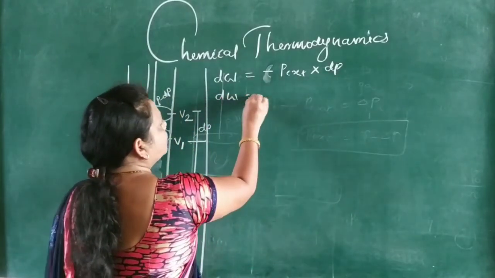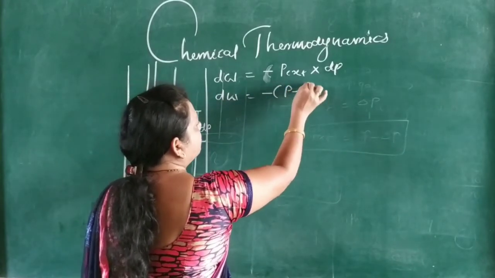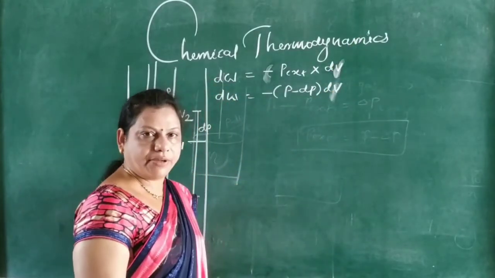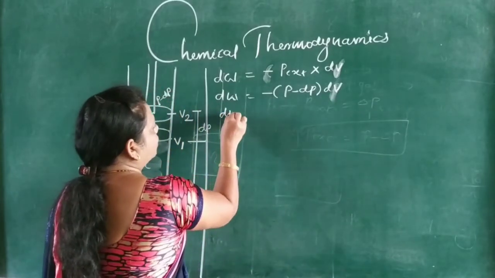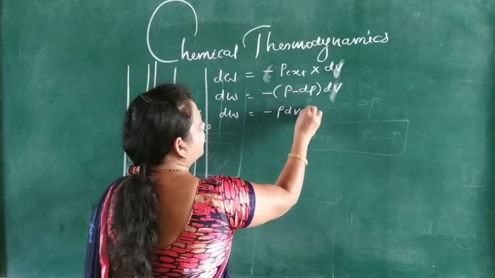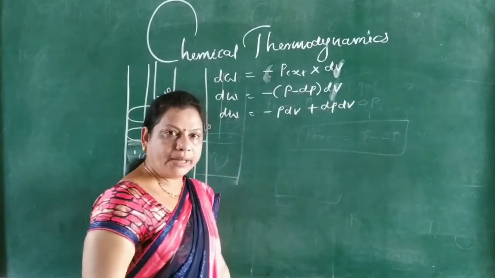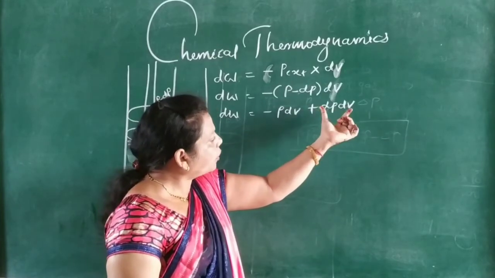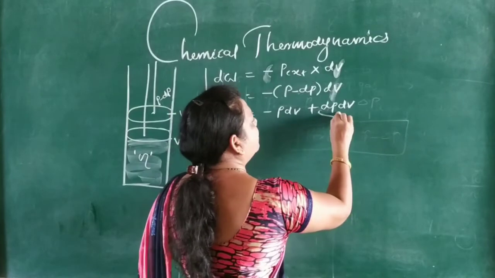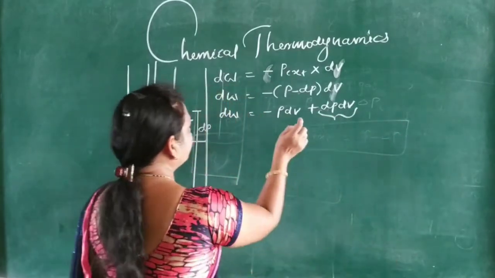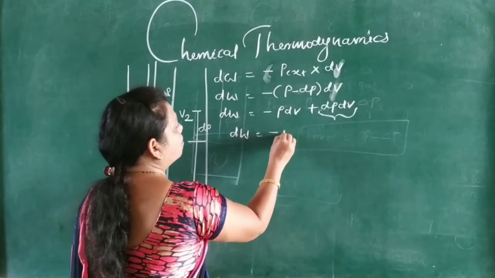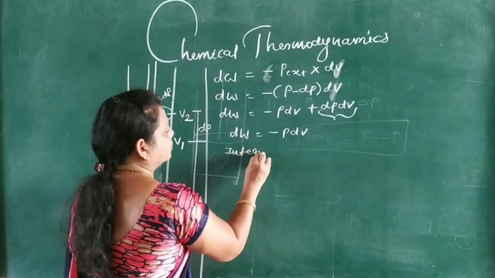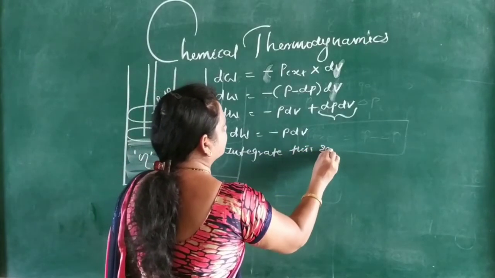So dW is equal to minus P external, that is P minus dP, into dV, the change in volume. Expanding, dW is equal to minus P dV plus dP dV. As the change in volume is very small and dP is also very small, the product of two very small quantities is negligible. That's why the equation is dW is equal to minus P dV. Now integrate this equation